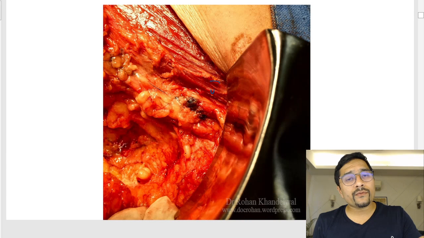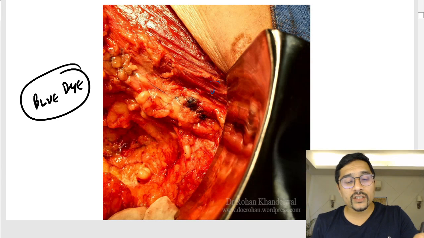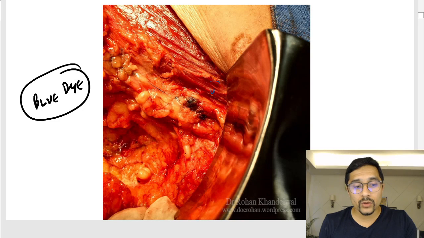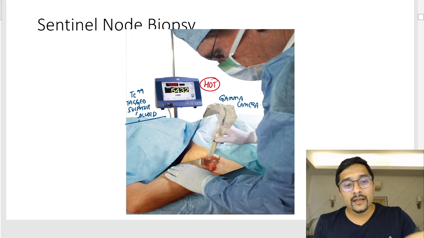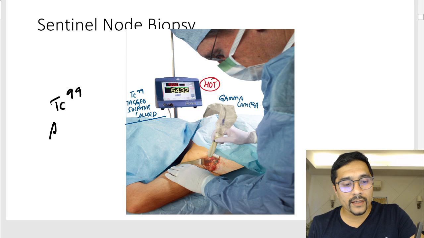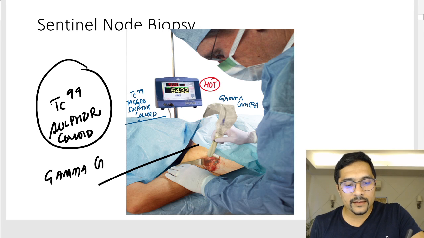This is sentinel lymph node biopsy. We know we can use the blue dye method, in which we use methylene blue, which is injected in the periareolar region, and skin tattooing is the most common complication. This is the technetium-99 tagged sulfur colloid which is used. This is the radionucleotide technique, technetium-99 sulfur colloid, and this is a gamma camera which helps us in localizing the hot lymph node,